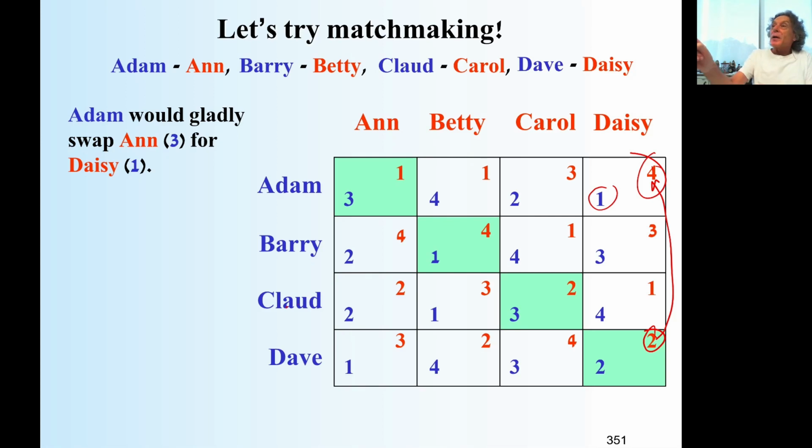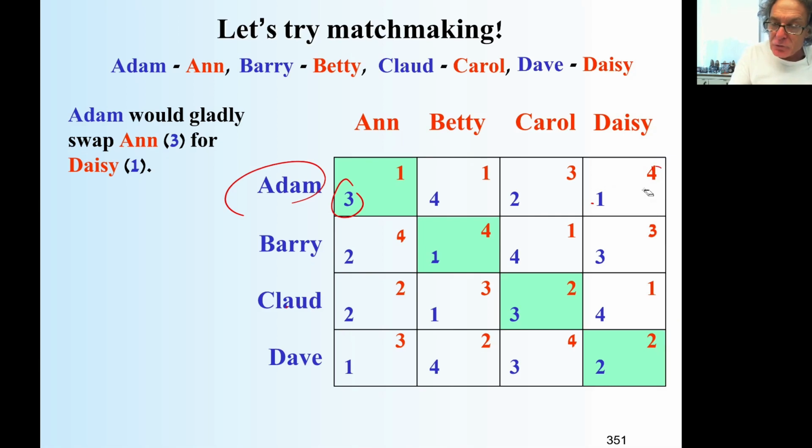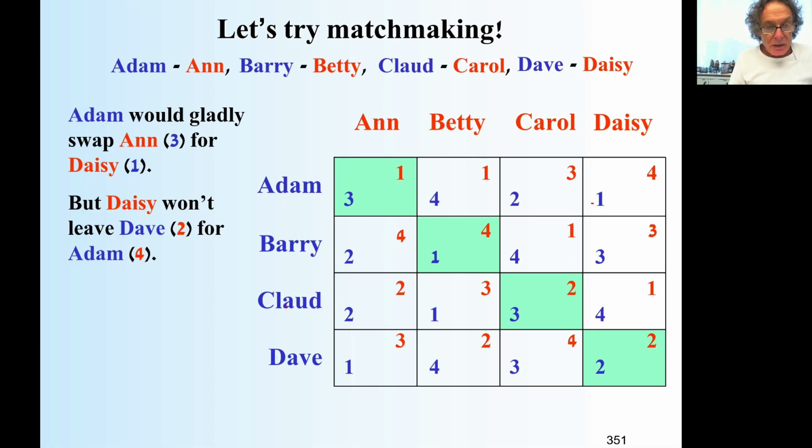Angelina Jolie. That's not enough because she needs to want me. So it's not just that I want number 1 on my list. Sure, I want number 1 on my list, but the question is what she wants. Okay. So this does not contradict a stable matching. Why? It is true that Adam prefers Daisy to what he got, but Daisy doesn't prefer Adam to what she got. So there's no way that Adam will go to Daisy and say, Daisy, leave your partner and come with me. But Daisy won't leave Dave for Adam, who is number 4.